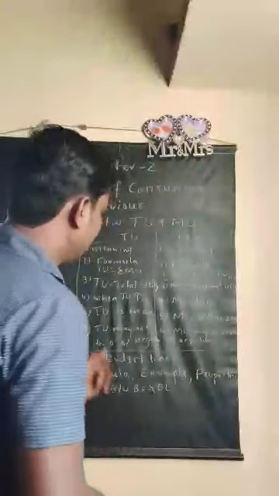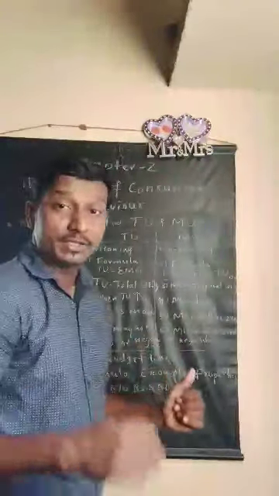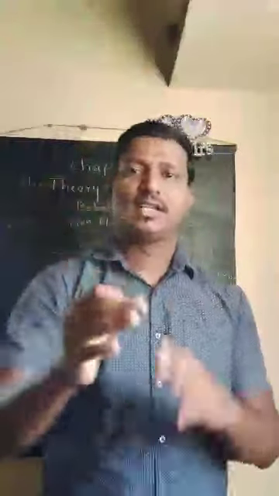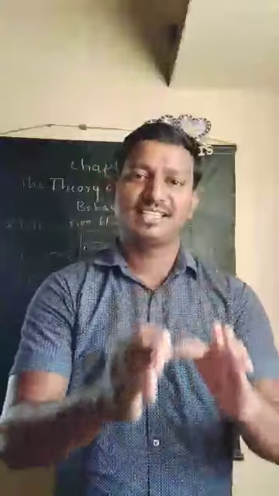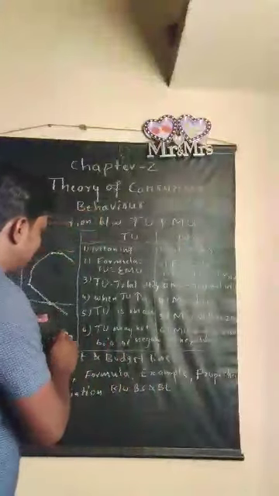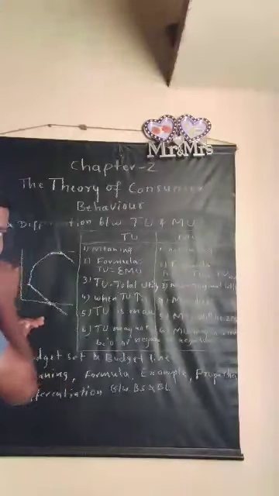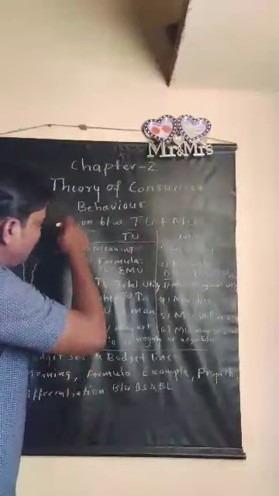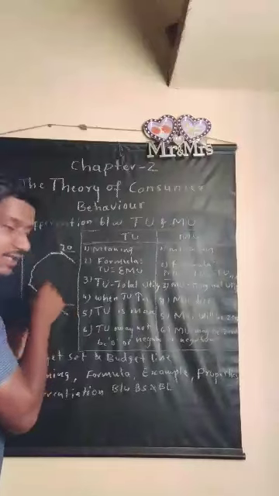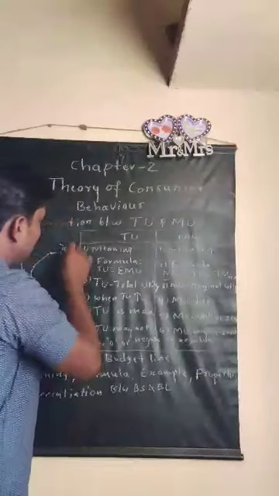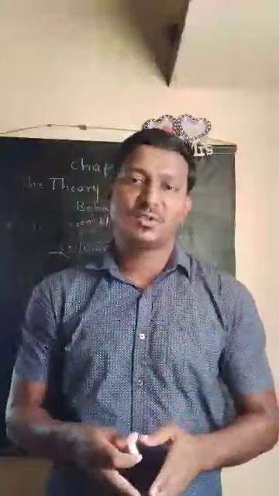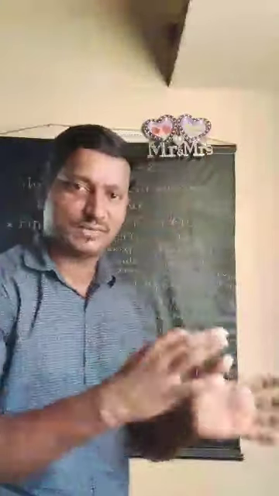This is again a differentiation. Coming to the next one, when the total utility is maximum, at its peak point, the marginal utility will be 0. Look at this diagram here. As the total utility is highest, in the last example 20 was the highest, the marginal utility is exactly equal to 0. So we say that as the total utility is the maximum, the marginal utility will be 0. This is again how we differentiate them.